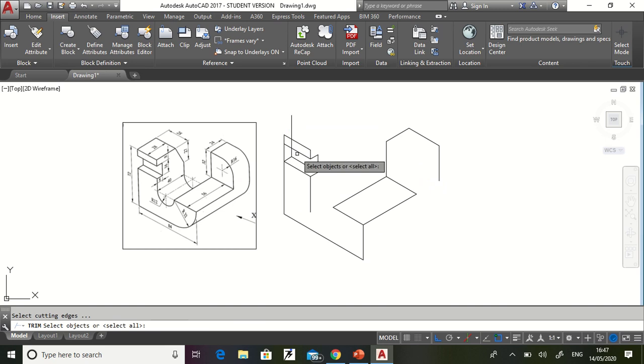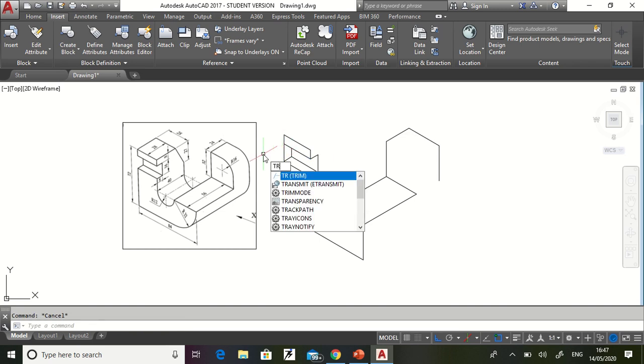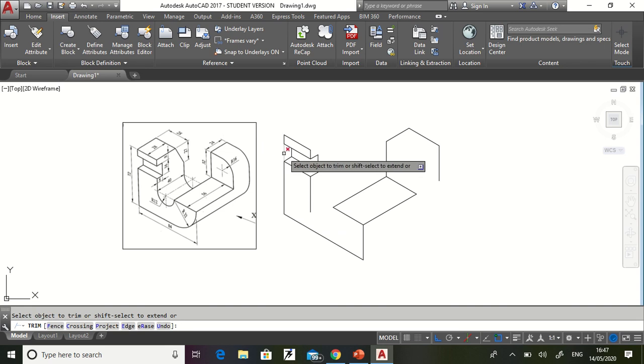All these commands you know, click on this, single enter, then click on the line to be trimmed. Also this line in between we don't want, so TR, double enter and this one. So this profile is made.